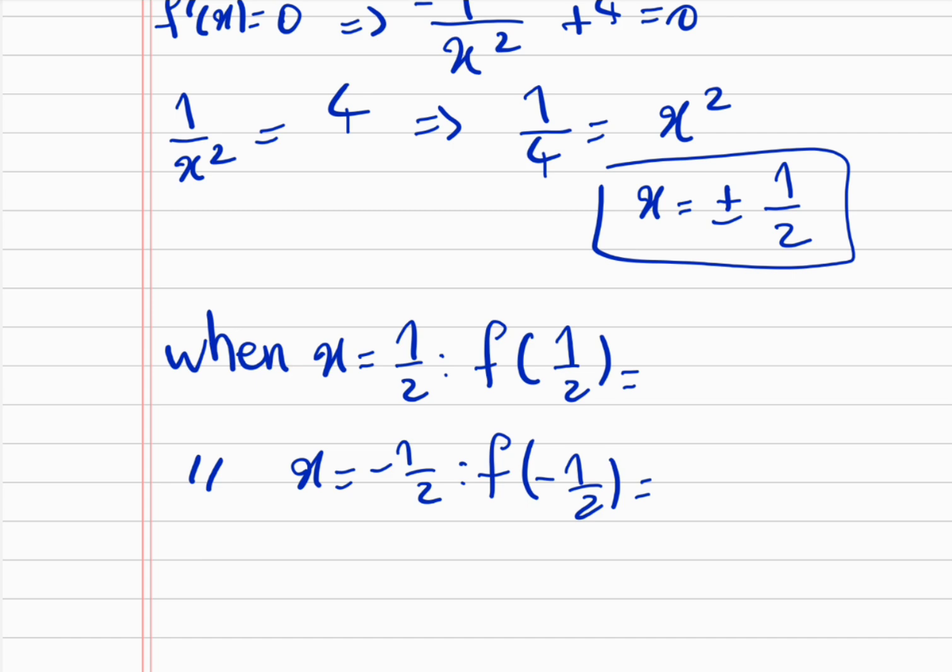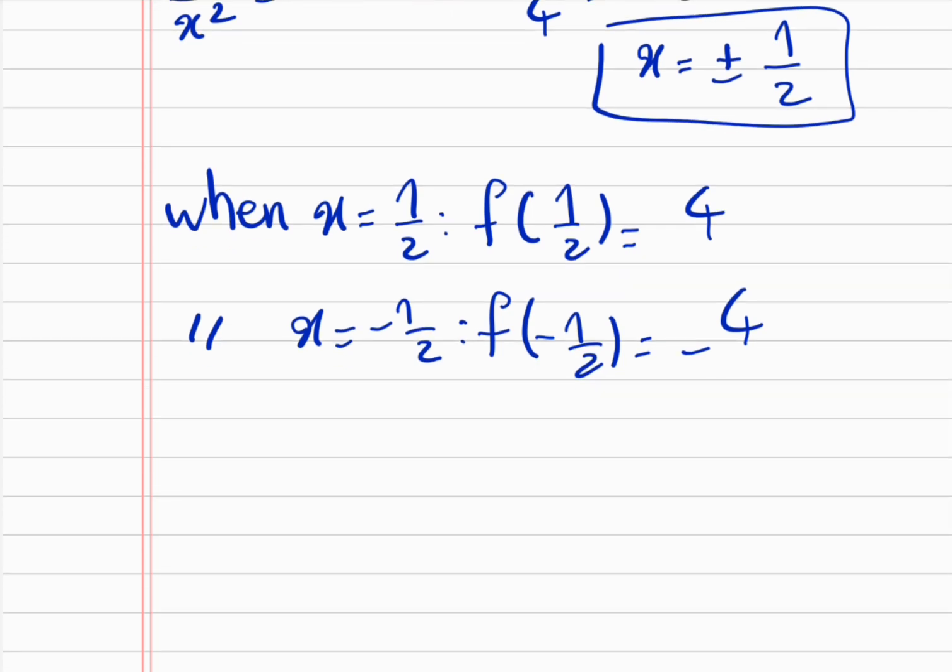So f of a half from this function is going to be 4, and then for the other one we get minus 4. So therefore the gradient is 0 when we have the coordinates 1 over 2, 4, and minus a half